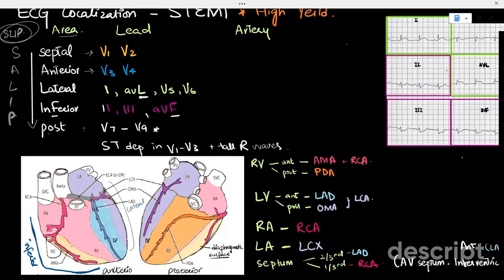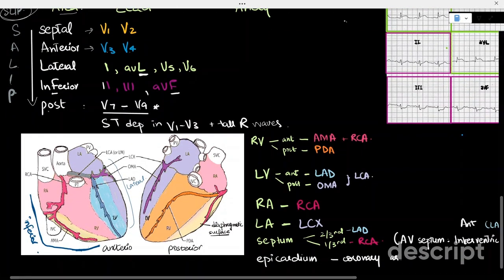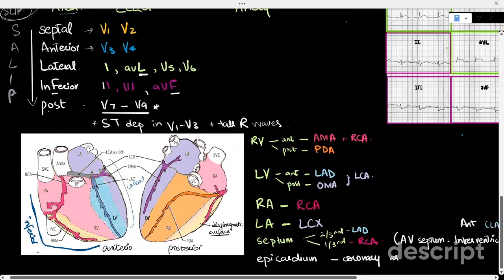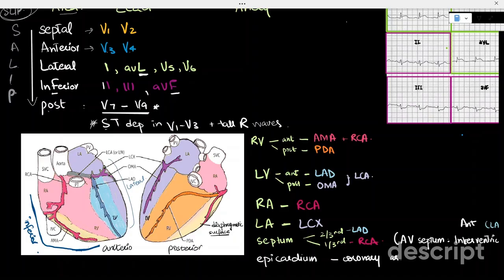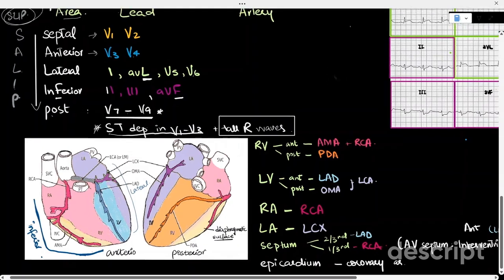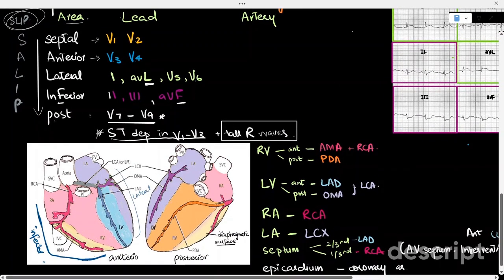Therefore, mostly posterior MI is often missed. It can be seen as ST elevation in V7 to V9. However, it also shows as ST depression in V1 to V3 and tall R waves in V1 to V3 as well. Now let's move on to which artery is occluded by the infarct, and this is again a very high